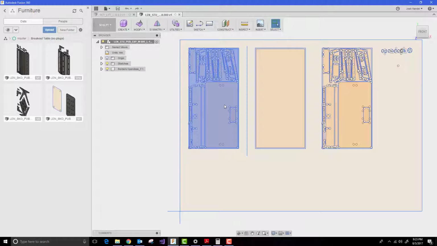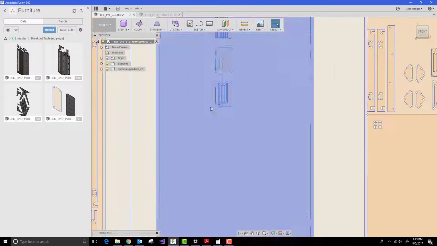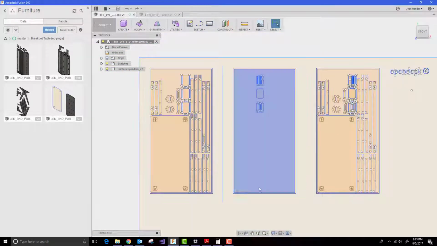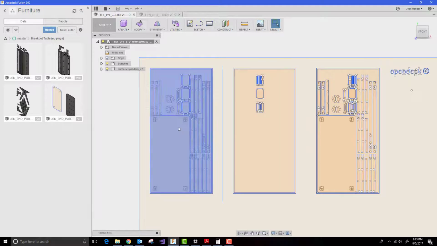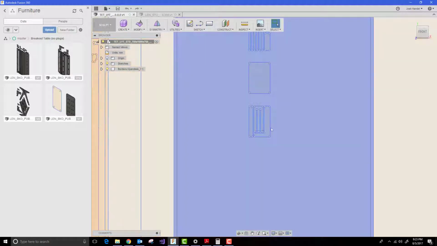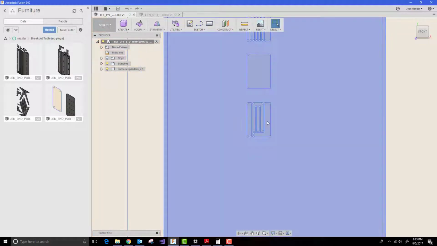So what does one look like when there is a top and a bottom? Well, let me show you that. So here's what a design looks like when there's a top and a bottom. There's a top, there's a bottom, and there's everything. Now the funny thing is, the top, if I'm not mistaken, is actually the bottom of the piece of furniture. So that's the underside of the furniture, because these, if we knew what we were looking at here, these are